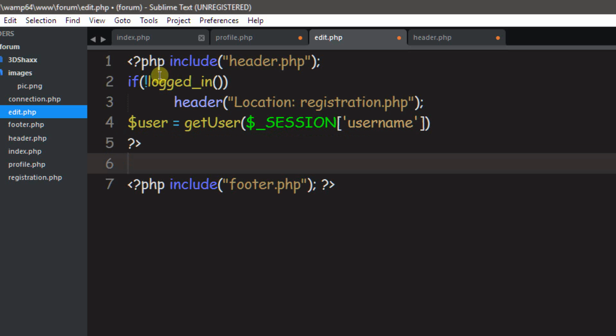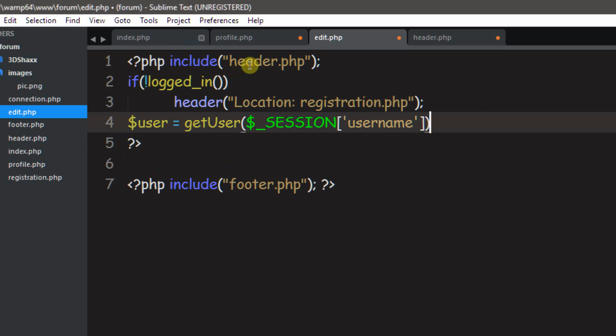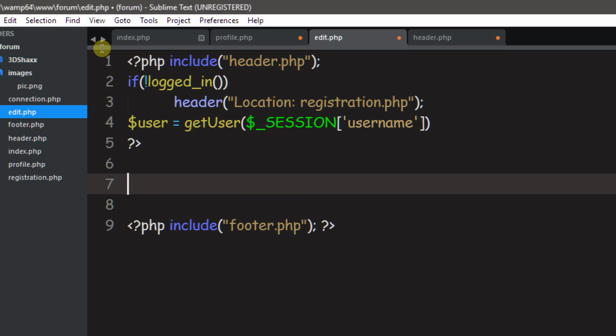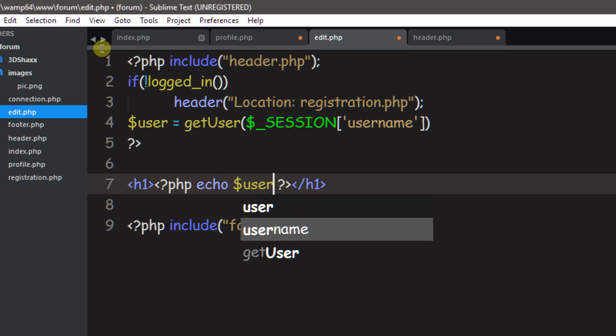Super easy, just to make sure that the user is actually logged in. And get user, we're going to set that user to some info from the database, and now we can start writing the HTML for this puppy. So I'm going to put some inners there, and I'm going to just do an h1 tab, and now inside this h1, I want to, of course, PHP, so I'm just going to do PHP tab, and now I'm going to echo user, $user, and then